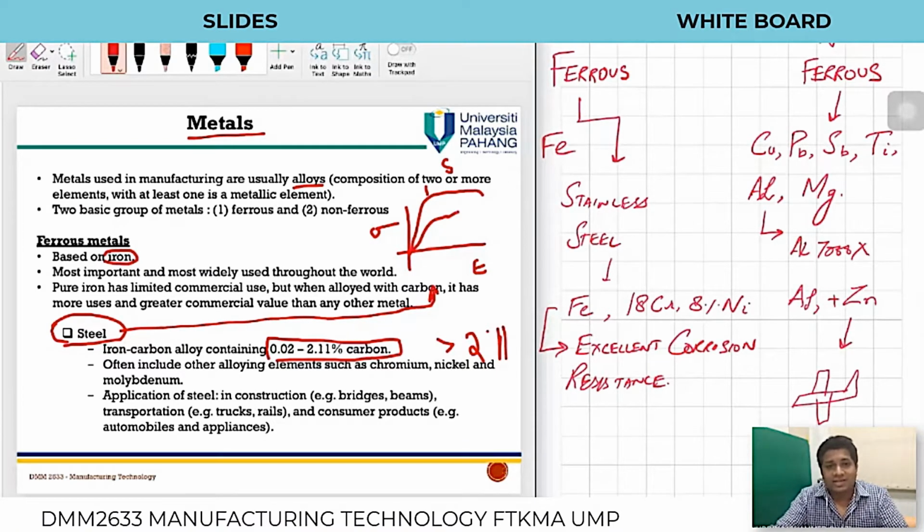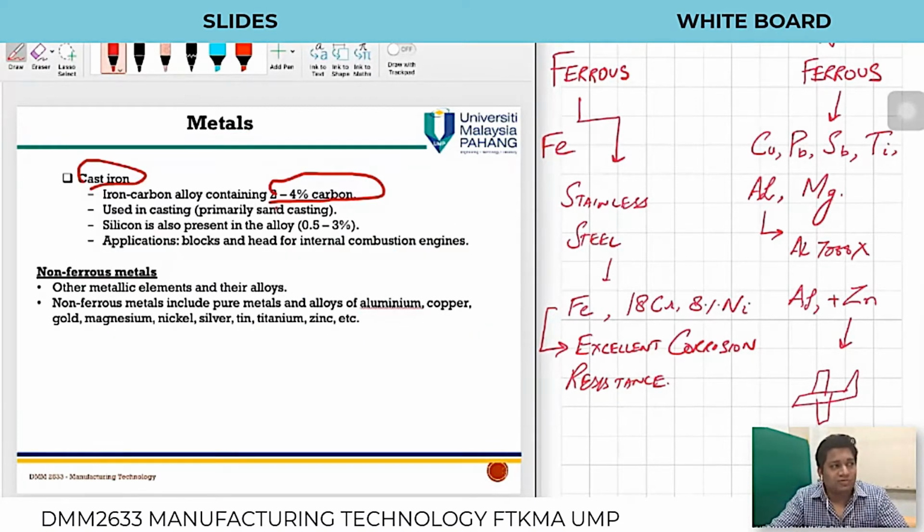But then its melting ability is very good. This iron, the iron which has 2 to 4% carbon, is easy to melt and easy to make different products. That's why we can do casting of these materials. What is casting? Basically, we melt a material, we pour it inside a mold, and we get the desired shape. So cast iron is basically used for engine cylinders in internal combustion engines.